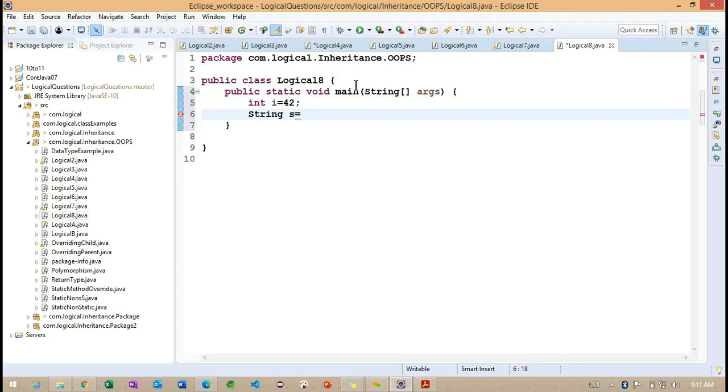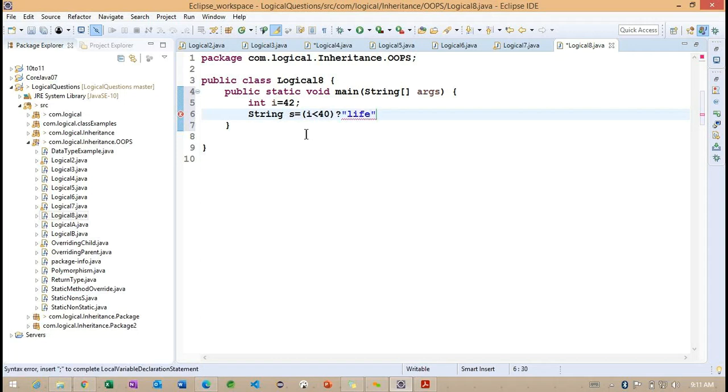String s is equals to, I want to check the condition. So the condition here, you need to think a little bit carefully. Here, how am I going to write this condition? If i less than 40, I'm going to write some message.